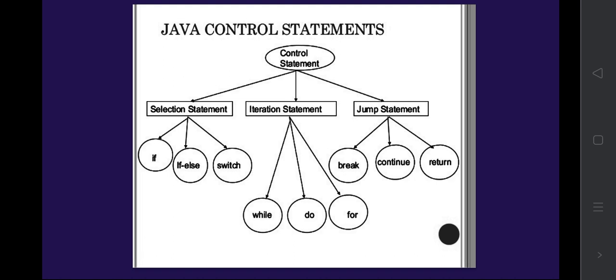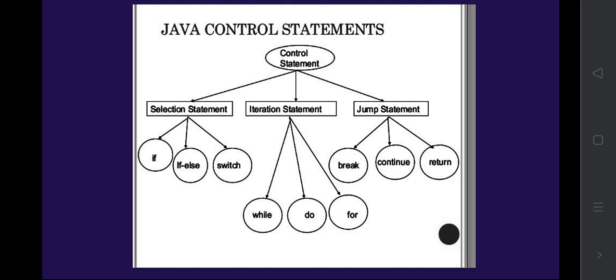Normally any computer program starts from the top to bottom and executes the lines one by one to get the result for you. Now, a selection statement means we are using some condition to select the path of execution. For example, we have done a prime number program: if this condition holds, then it is not a prime number, else it is a prime number. These are examples of a selection statement. If age is greater than 18, you are eligible to vote, else you are not eligible to vote. So this is one if condition with the else condition. And with switch, we have some case statements where different cases have different conditions.